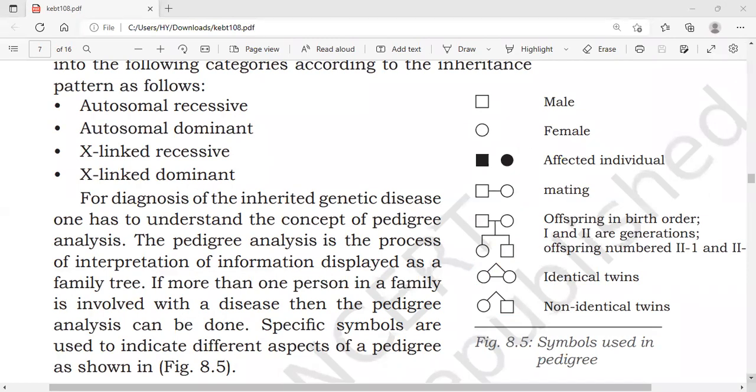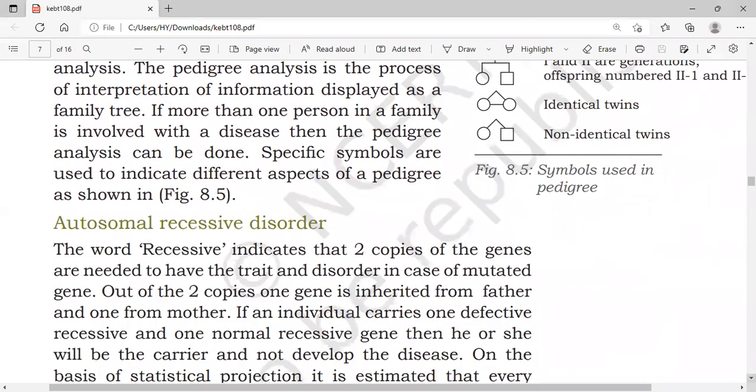So these are the symbols which we use. Autosomal recessive disorder. The word recessive indicates that the 2 copies of the genes are needed to have the trait, and disorder in the case of mutated gene. Out of the 2 copies, 1 gene is inherited from father and 1 from the mother. So recessive indicates 2 copies are required for the defect